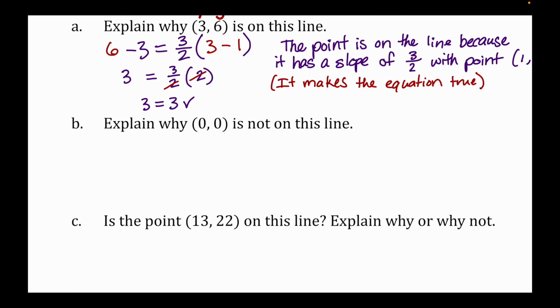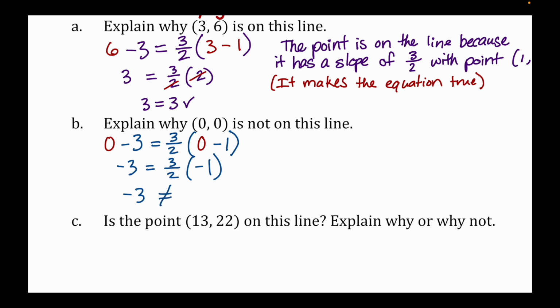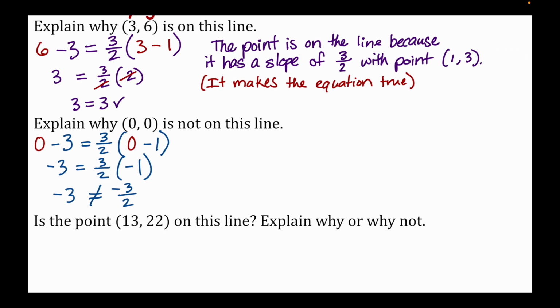And we're going to do that by plugging in. So we're going to have 0, we'll do blue here, minus 3 equal to 3 over 2 times 0 minus 1. And then this is going to be negative 3 equal to 3 over 2 times negative 1. Negative 3 is not going to be equal to negative 3 over 2. So I'm going to say the point is not on the line